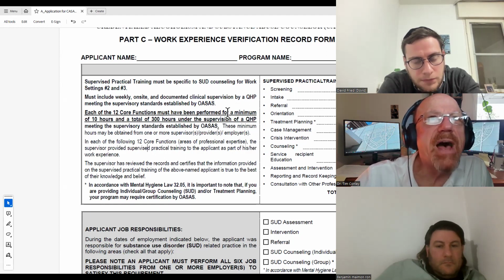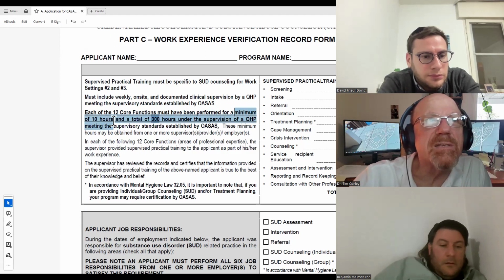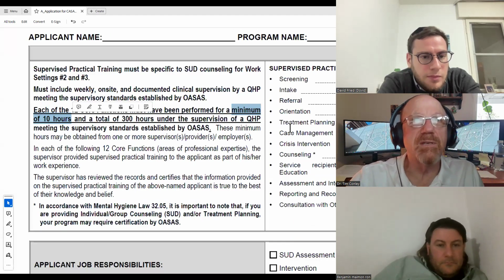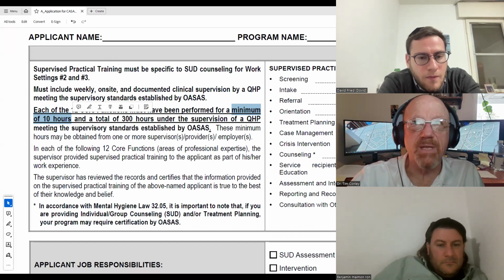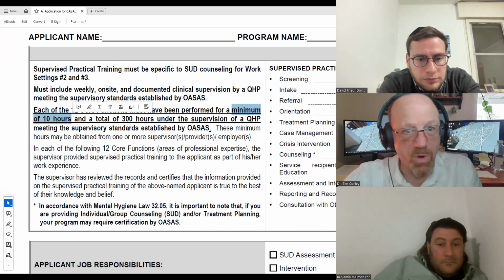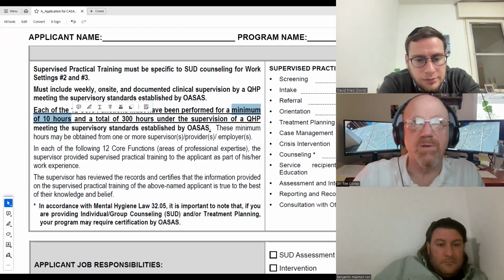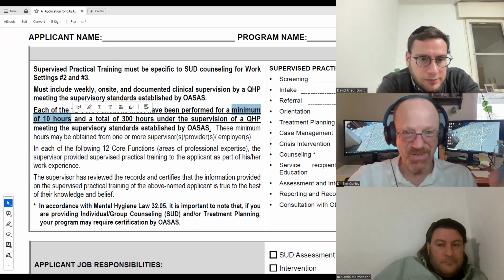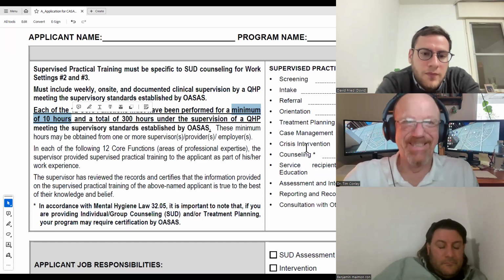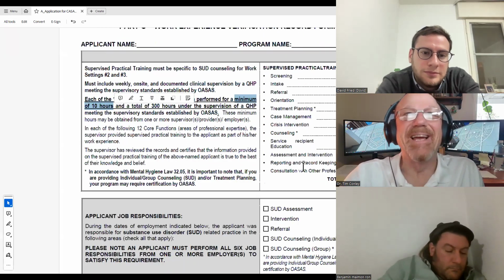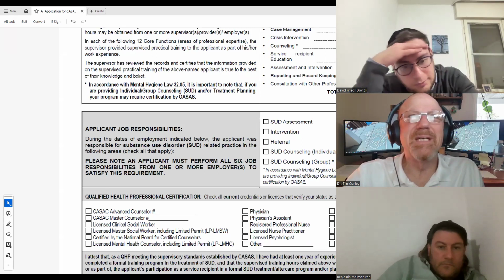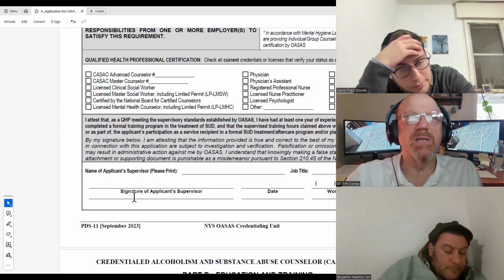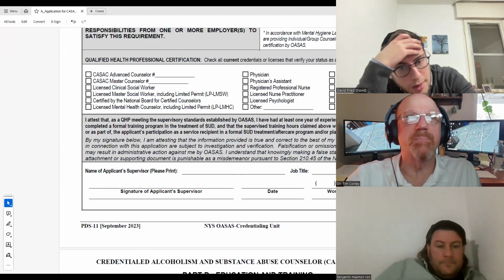In fact, devil's in the details. It is a minimum of 10 hours in each of these. So none of these can be less than 10, but know that they're going to be more and they're going to total 2,000. We all good with that? Told you the little sucker is confusing, isn't it? It can be. So this is a person signing off on the hours. They love it if it comes from the human resource department, etc.